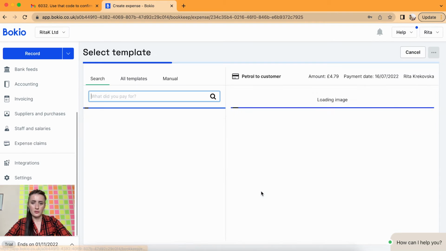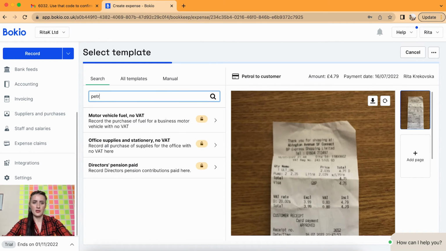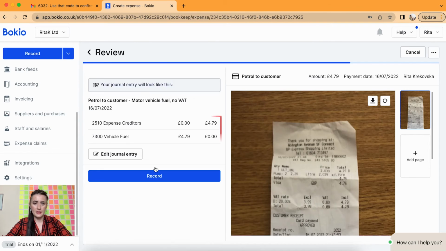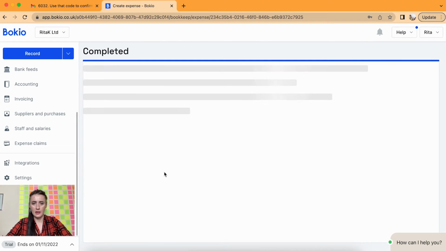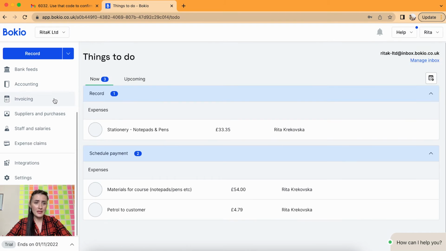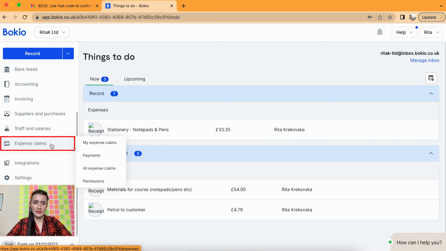If I record next, I will have an option to record the second one. So I have a fuel receipt uploaded here. The question is what I purchased. I will search by petrol, and there is motor vehicle fuel available. I can add more comments, click next, and this will be recorded and I will record. Okay, so this is a way how we can add staff and directors, and how we can record expense claims,